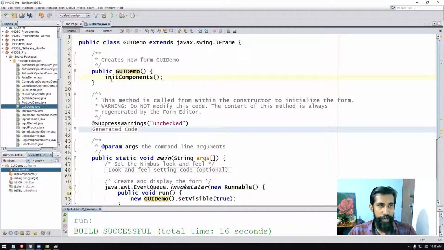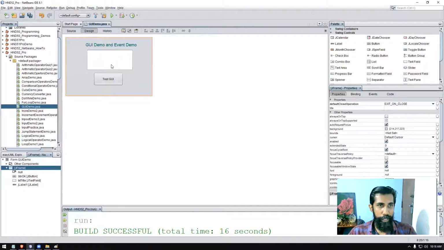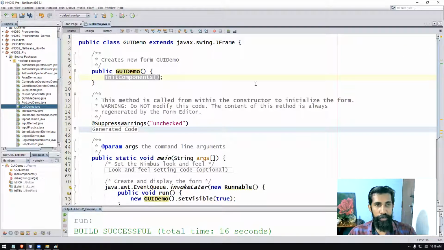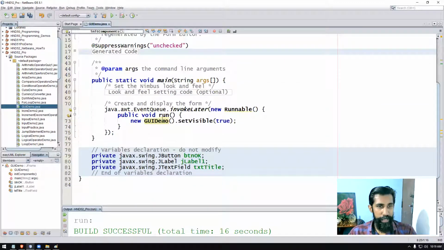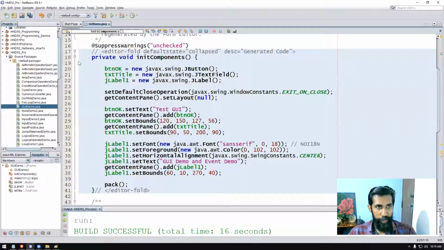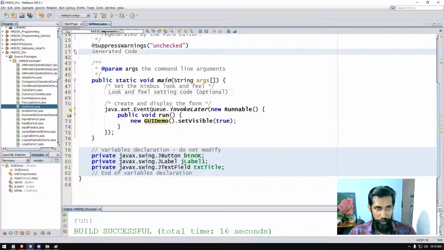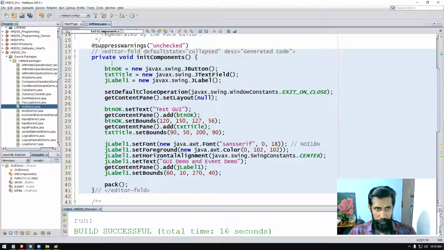So you can see there is a word called initComponents, because we dragged and dropped the components, we adjusted, we set the properties. All these settings were made by NetBeans itself. We did not write these lines of code. I didn't type this code. I didn't do any property settings in the code, because you know a computer program is a set of instructions. If I unfold the code in line number 17, you can see there is a method called private void initComponents.